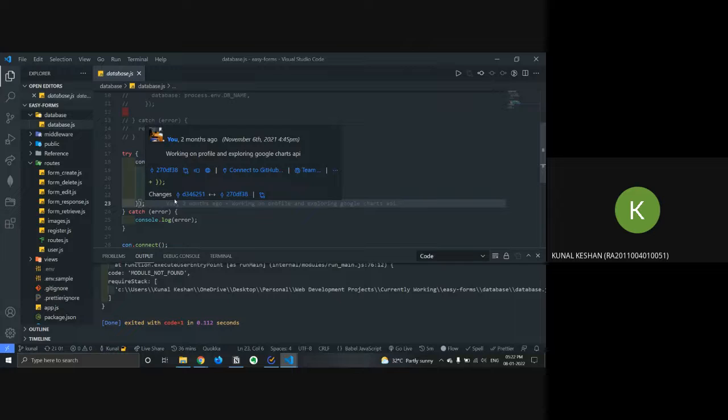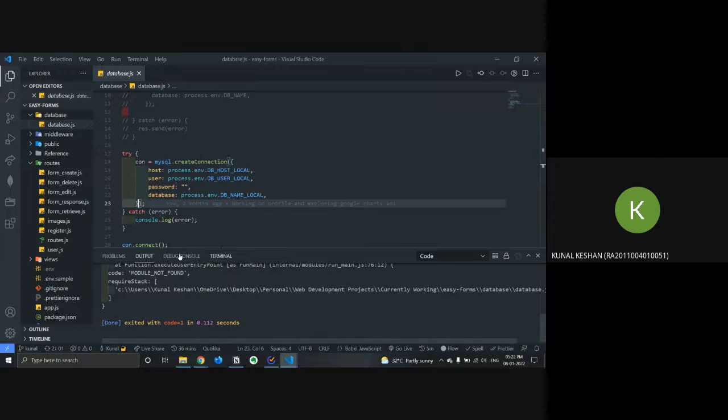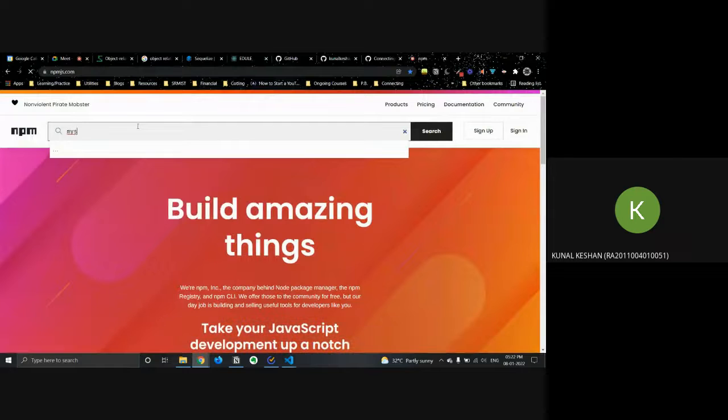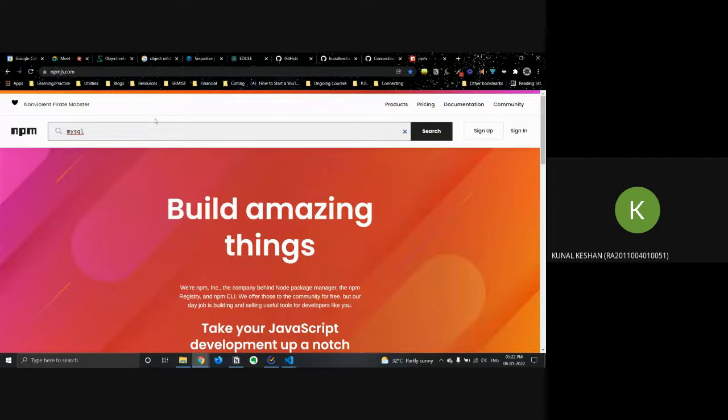We're just getting started with the actual code right now. You can even check it out on npmjs.com and search for MySQL over here.